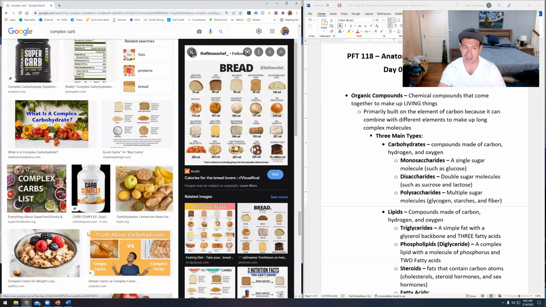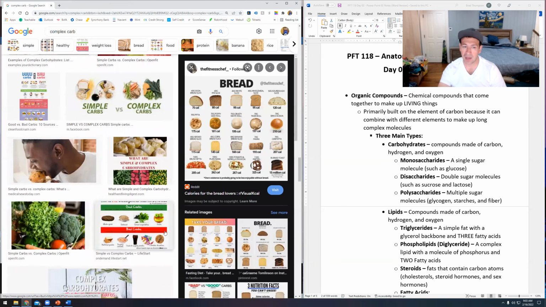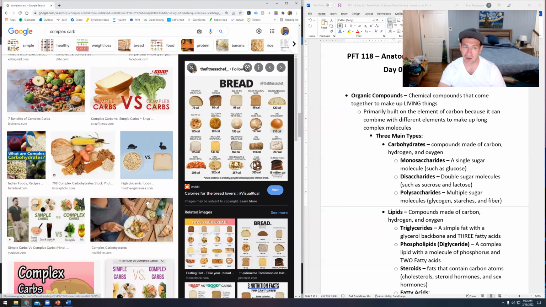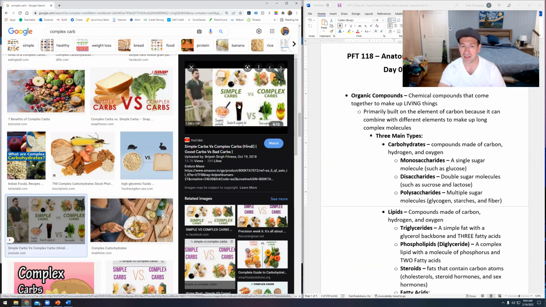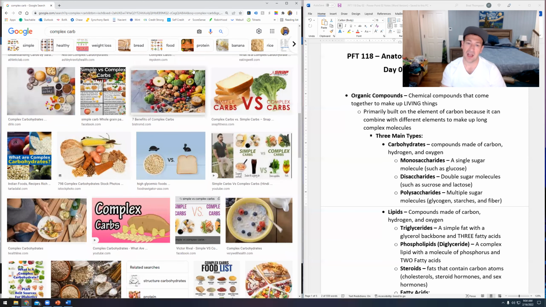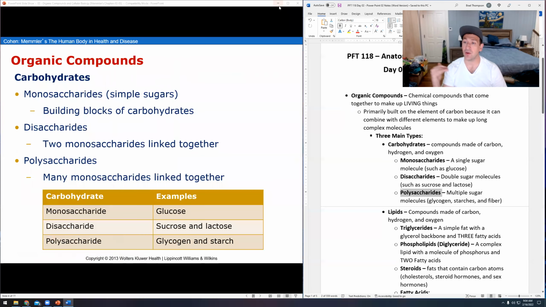So that complicated bread is going to take much longer to break down than the simple stuff, which means when it goes into your body, right? If your body has to take time and energy to actually break it down, then it's not going to spike your blood sugar levels. It's going to raise your blood sugar levels, but it's going to raise it up slowly. This is why we like complex carbs more than we like simple carbohydrates in regards to health.